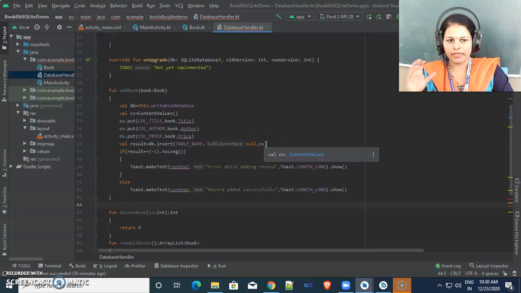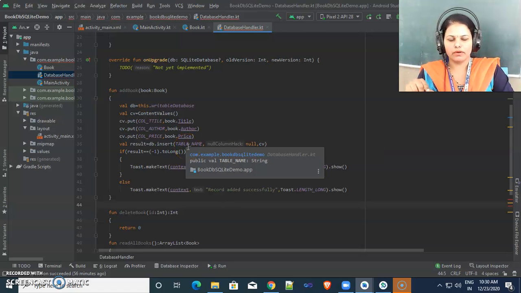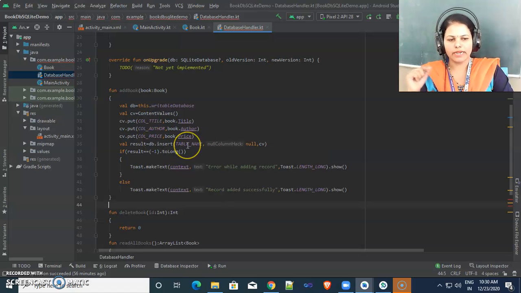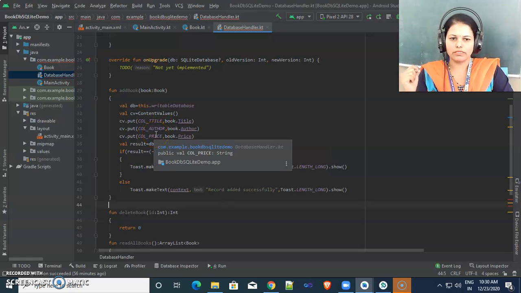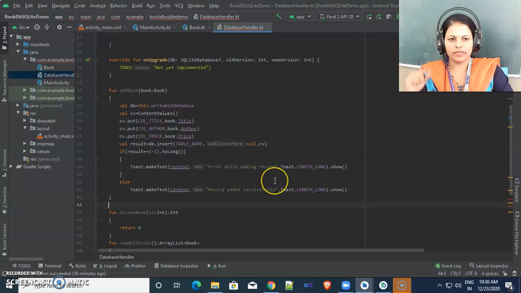It is common sense that the table has all these columns. If the table name is different and there are no such columns inside this table, then there will be some error while inserting a record, and in that case we get the -1 result, because the columns are not matching with that particular table.